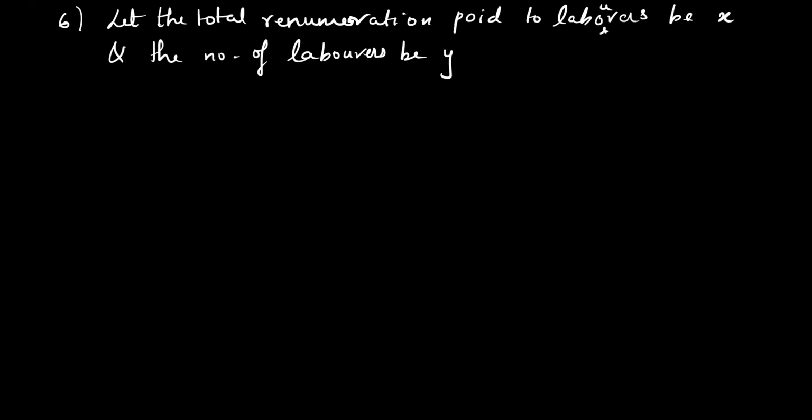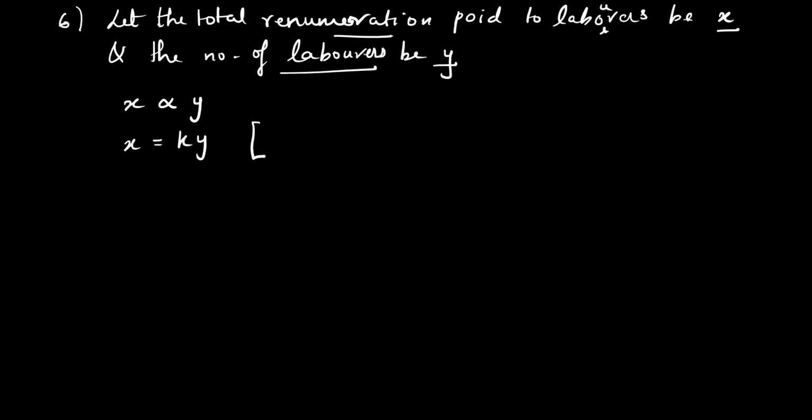So we know the payment is x and the number of laborers is y, and there is direct variation between the two. This is a word problem given in the same manner, so I can write it like this: x varies in proportion to y. How will you convert this in the next step? So x is equal to k into y, or ky. And what do we write in brackets? K is the constant of variation. Okay, very good.